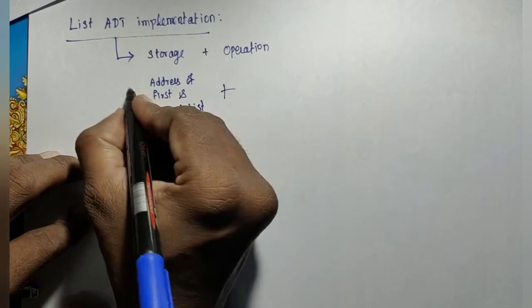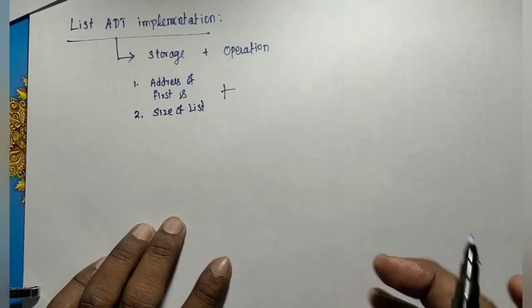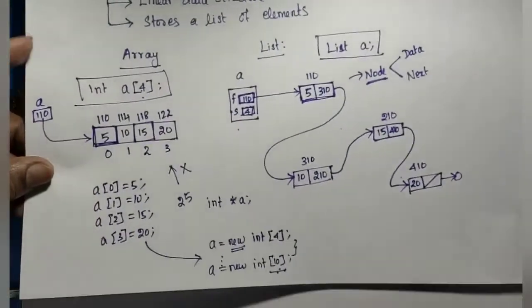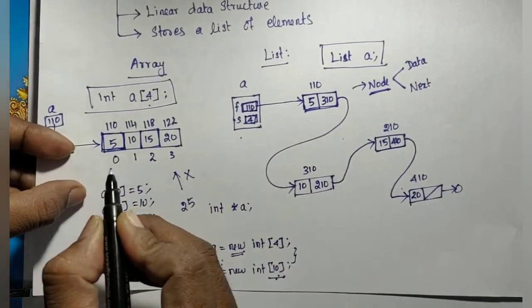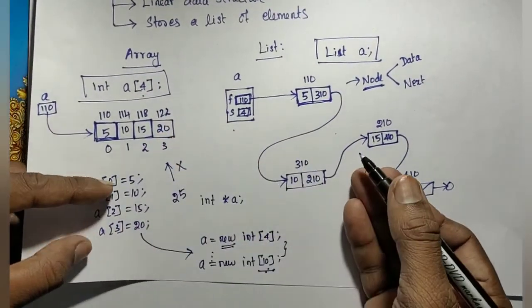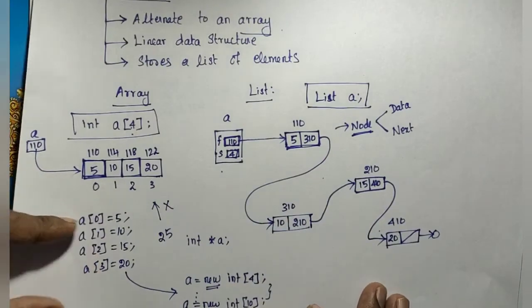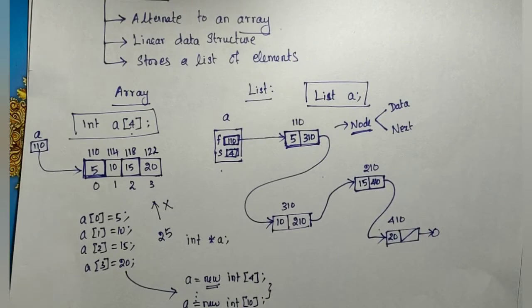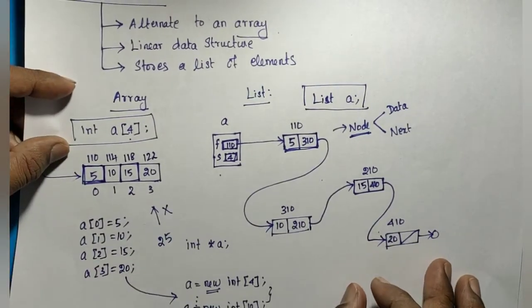Okay, so these are the two memories I needed for representing a list. Another one is the operations. In the array data structure, if we want to insert an element, we can use the index. There is no need to write a separate procedure, but here we need to write a separate procedure for inserting an element. But there is no restriction for inserting an element, like in a stack and a queue. In the stack and queue, a special order is used for inserting an element, but here there is no restriction on inserting and deleting an element.